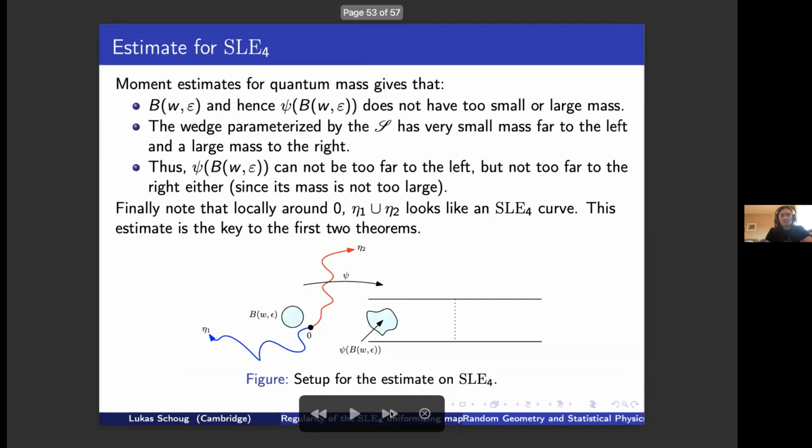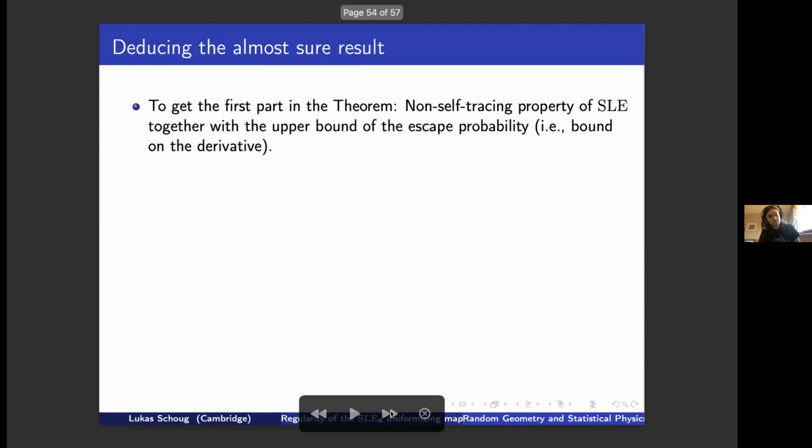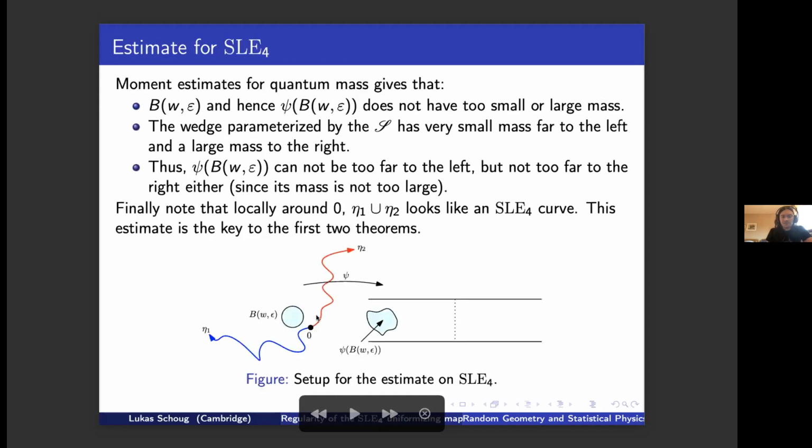So then you just have to deduce the result as well. So the first part, in the first theorem, you basically just use the non-self-tracing property of SLE together with the upper bound. The non-self-tracing property of SLE tells you that this SLE curve does not go back and trace itself, but you can always find super small balls to separate the curve from its past